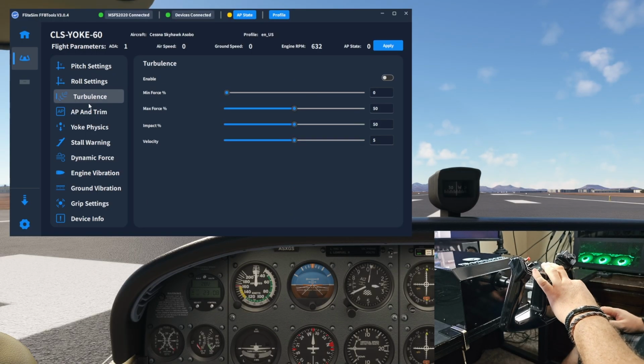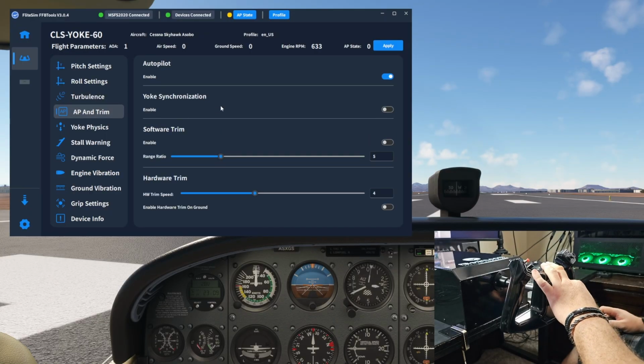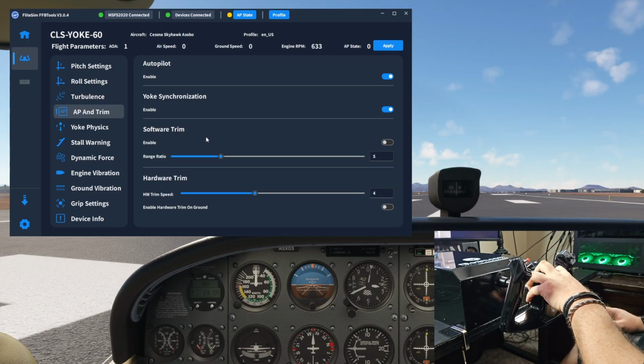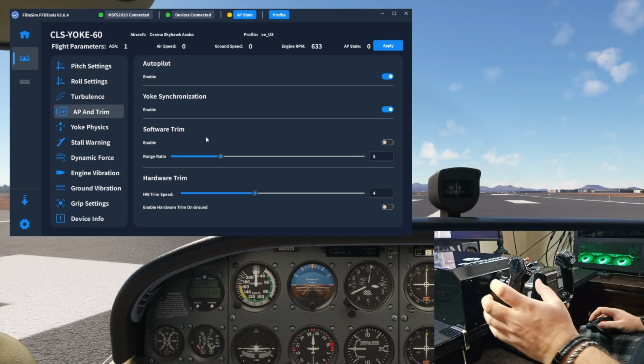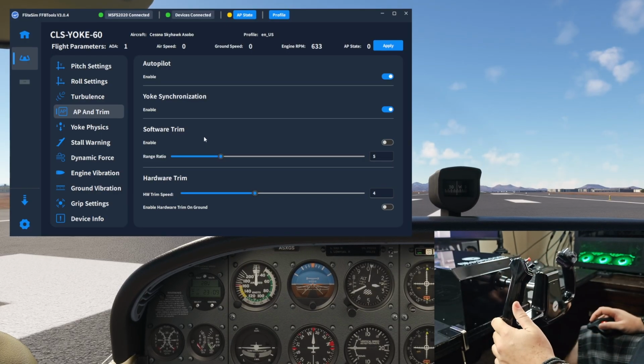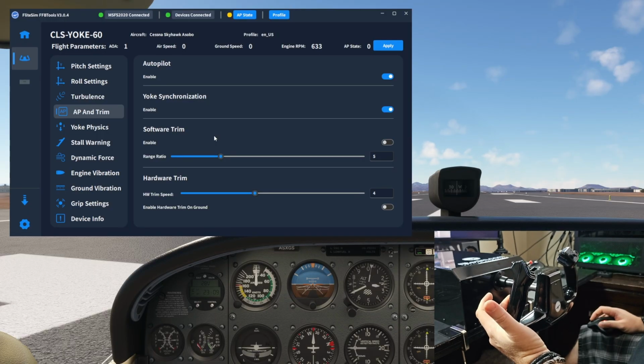Now, for the most part, we're leaving everything just about as default as can be. I'm going to go ahead and turn turbulence on though. Autopilot and trim, we're going to leave everything as default as we can, turning on a few things here. Software trim, I don't want that, I want the hardware trim. So what that means is that when I hit the trim switch, it's actually going to trim the device and not the sim. The reason I want that is because then you're going to get that aspect of real world. If I'm having to pull this much pressure back in order to hold the stick, I can trim it until I no longer have to hold it with my fingers, right? Or at least until you're only holding minor